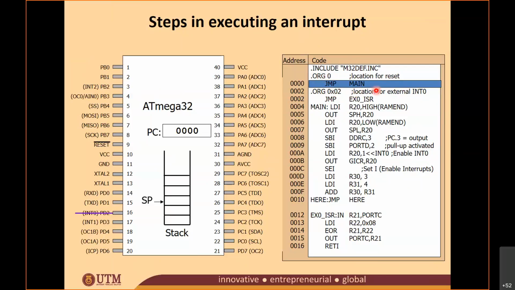ORG 0x02, so this one here, you see, belongs to external interrupt 0, which is INT0. And then you see this line here, this is how you're going to initialize your stack pointer. Okay, why do we need to initialize the stack pointer? Because before you go to the interrupt, you're going to save the next address to your stack. Okay, so that's why we need to initialize the stack pointer, and then this is how you're going to initialize your